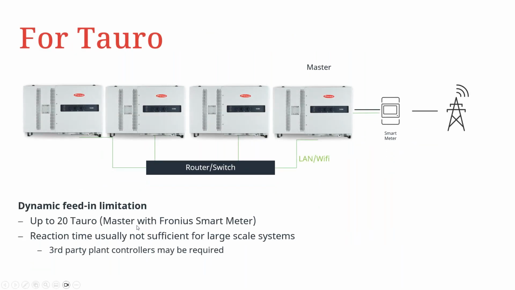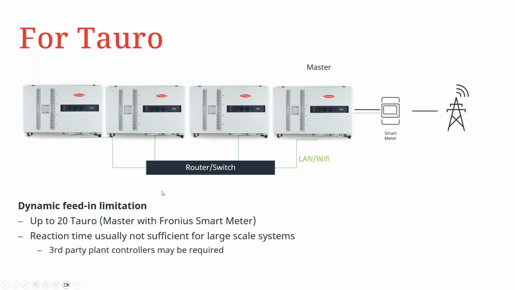So for systems consisting of Tauros, it's basically going to have the star topology using the router or switch, and then basically have one of the Tauros as the designated master of the system. So in a case whereby multiple inverters are connected in a particular system, say ranging up to 20 or more, it is pertinent to note here that depending on the solution that is being implemented, take for example PV genset